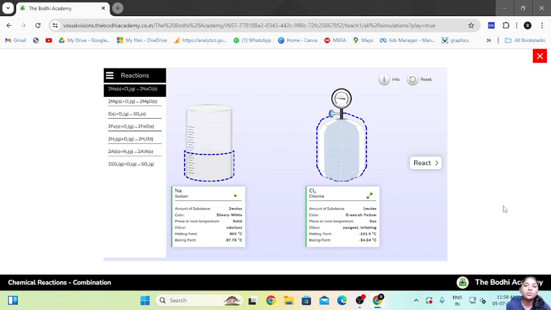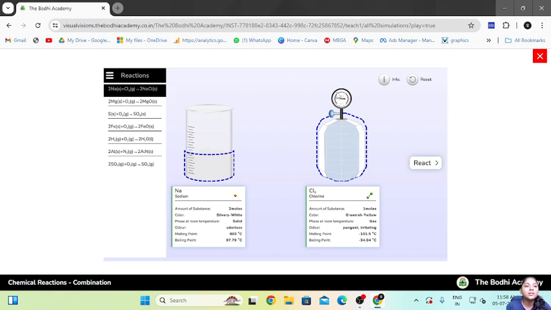In today's video, we'll learn about some chemical reactions, that is the combination type of reactions. So a combination reaction is the reaction in which two or more reactants combine to form a single product. Okay, so let us see some examples of such combination reactions. Now here the first reaction which we have is